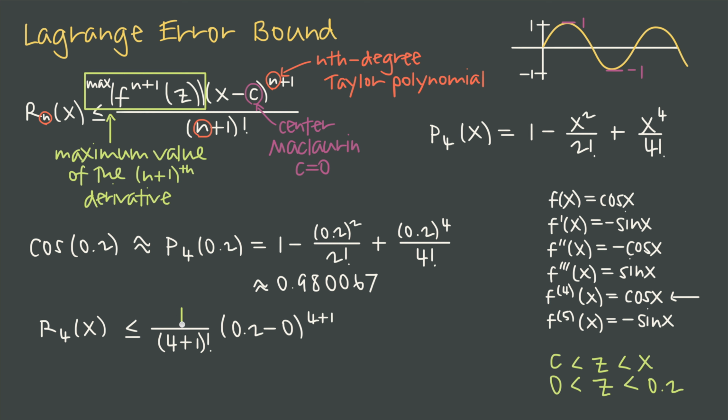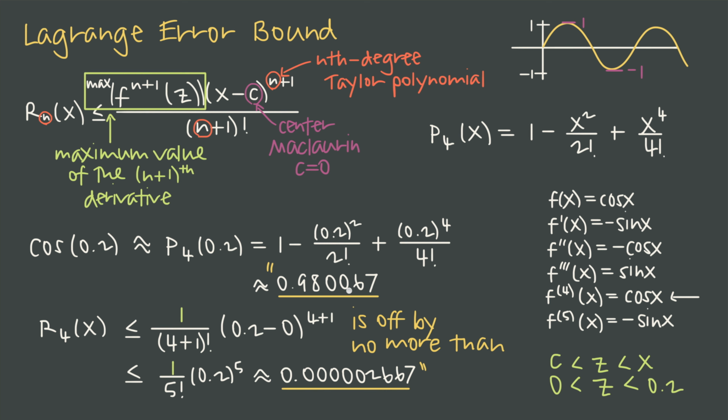Which means that we can simplify this calculation and say that that largest possible value is 1. And then if we simplify here what we have, this calculation, 1 over 5 factorial times 0.2 to the 5th power, that's approximately equal to 0.0002667. And we're saying this remainder, or this error, cannot be greater than this value, has to be less than or equal to this value. And so the statement we can make then is that this approximation we found earlier, 0.980067, is off by, or differs from the actual value of cosine of 0.2 by no more than this tiny value we found here,